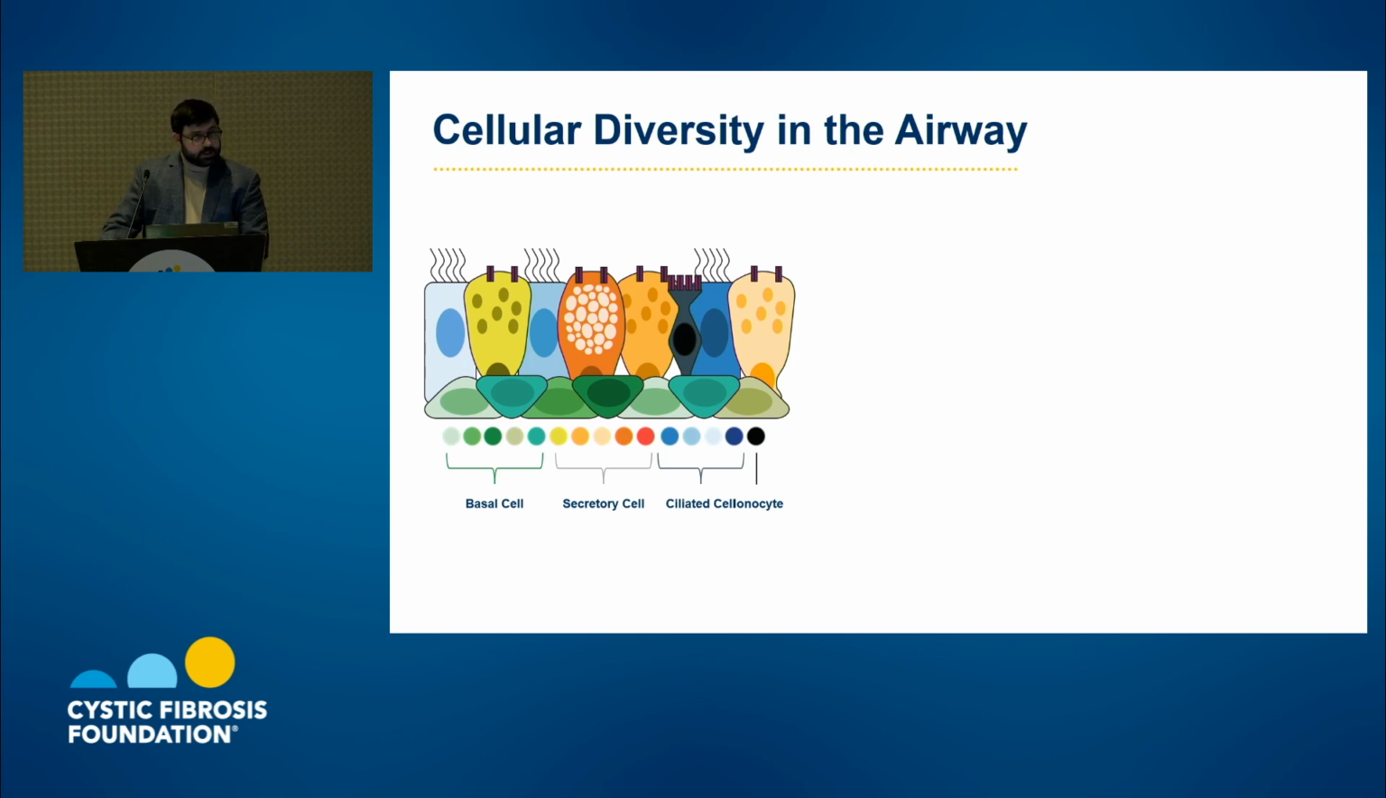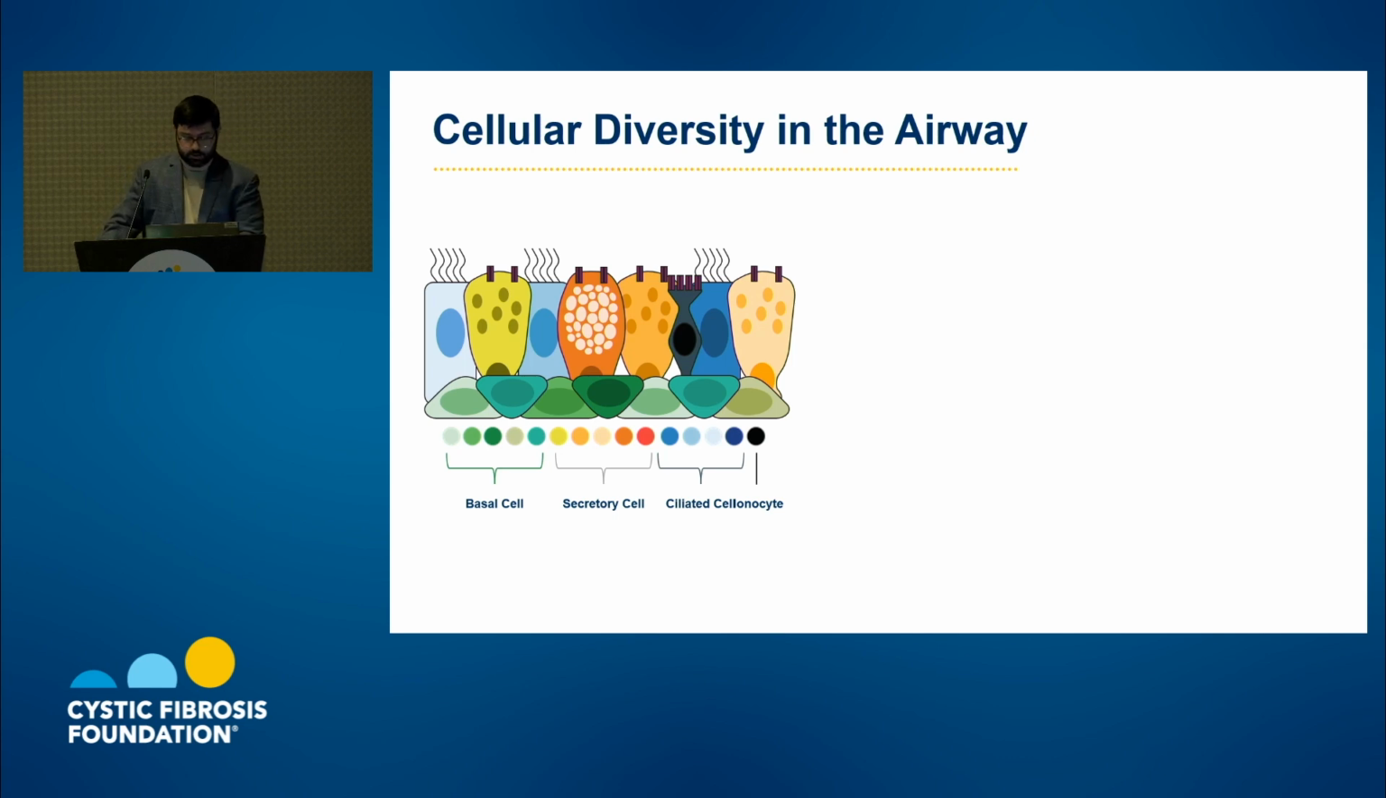As well as ciliated cells, which are important for that mucociliary clearance. And then the ionocyte, that's a really rare cell type, but expresses a large portion of CFTR in the airway. About 50% of the CFTR found in the airway is expressed in the ionocytes, and the other 50% is found